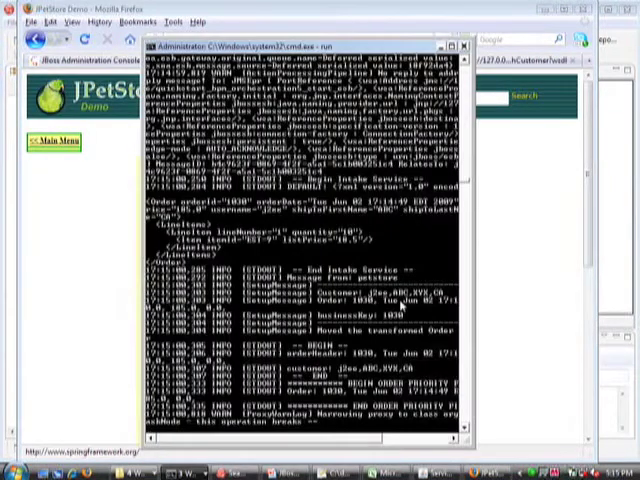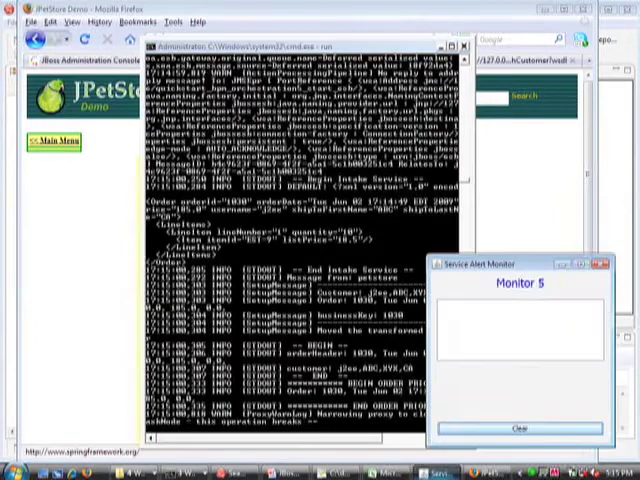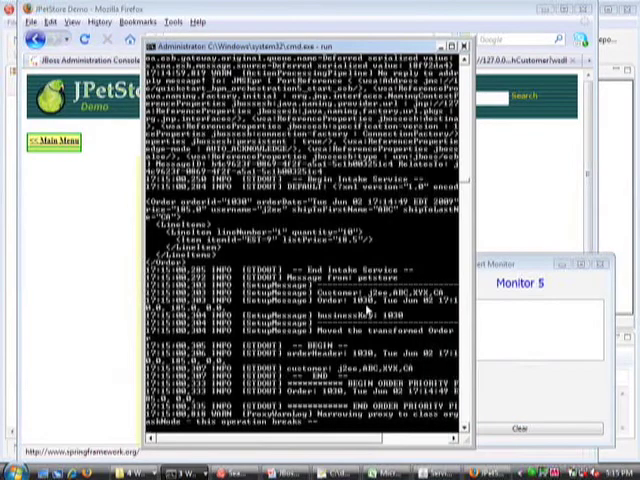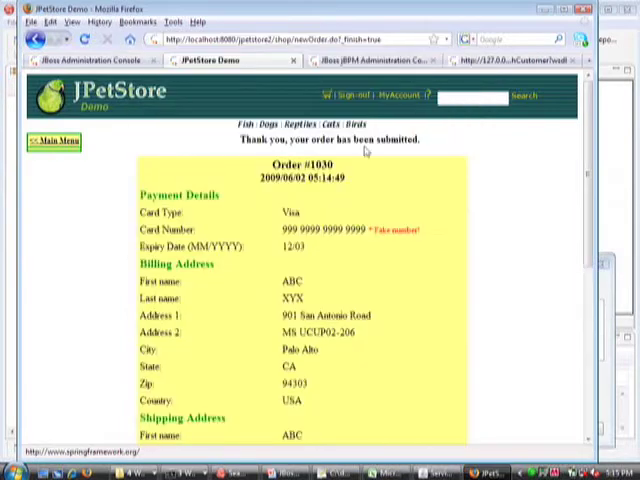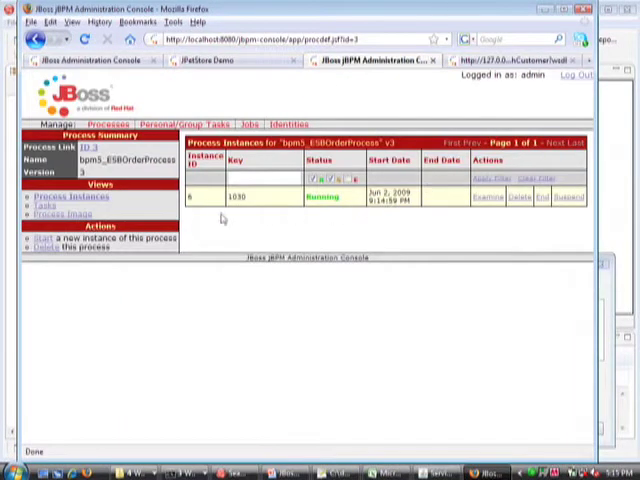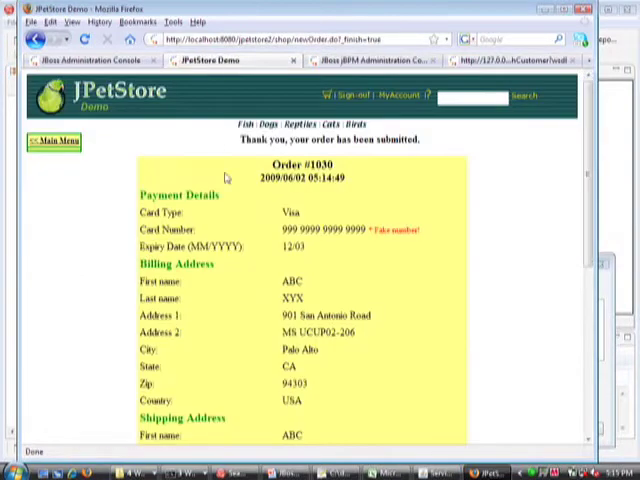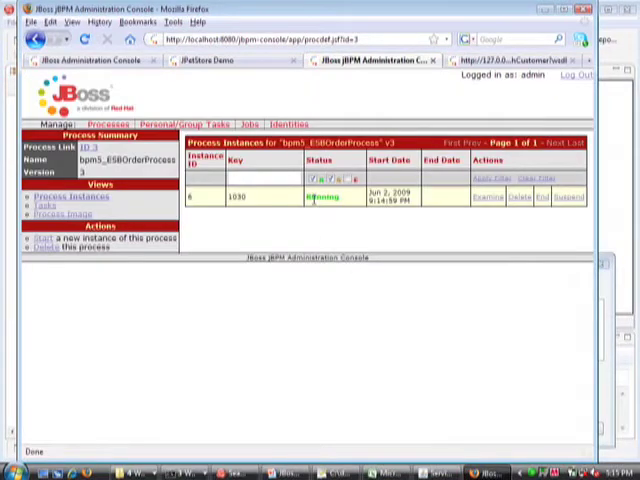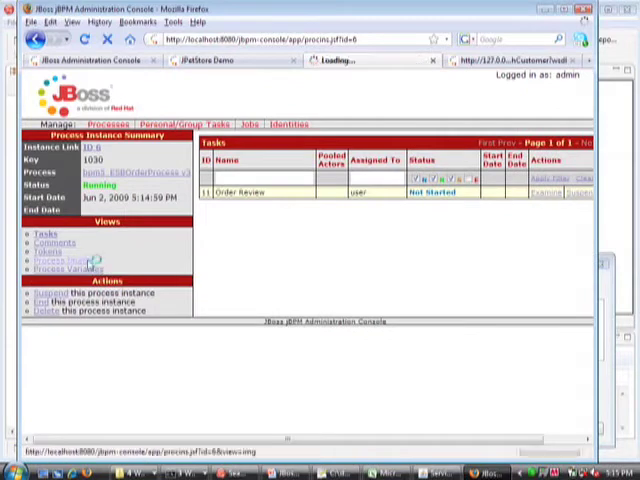And if you notice on my server now, there's things that are ongoing, right? There's work that's happening here. And specifically what's happening is that order 1030 is now flowing through our system. If I go over to my jBPM console now and click on this order process, you can see there's order 1030 running. If I hit examine and process image,